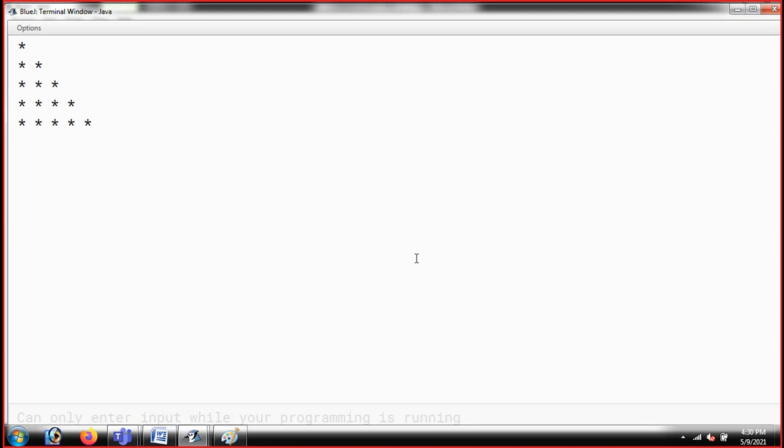Today I have explained nested loops, a for loop inside a while loop inside a for loop. You can add any loop within any other loop, that is known as a nested loop, and you can print any pattern or any series.